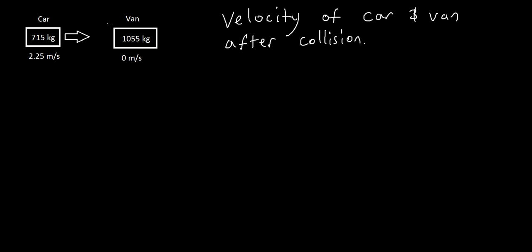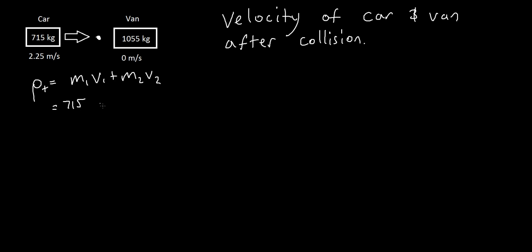Well, the car and the van share a center of mass somewhere between them, right? Now this center of mass in this case is moving, and we can calculate its velocity. What's the total amount of momentum in the system? Well, the van's not moving, but we can take it into consideration. Total momentum, P total, will be the sum of this mass times velocity and this mass times velocity. So m1v1 plus m2v2,